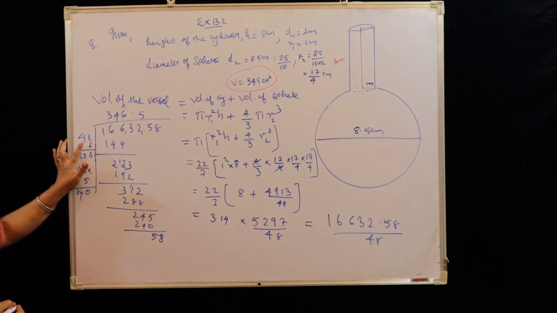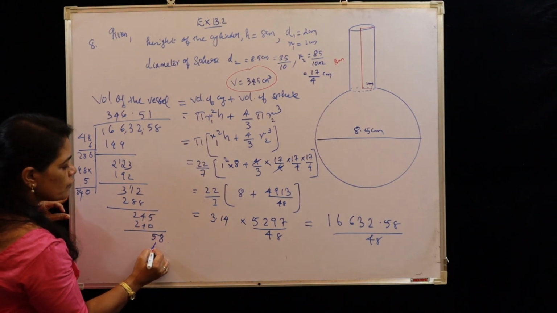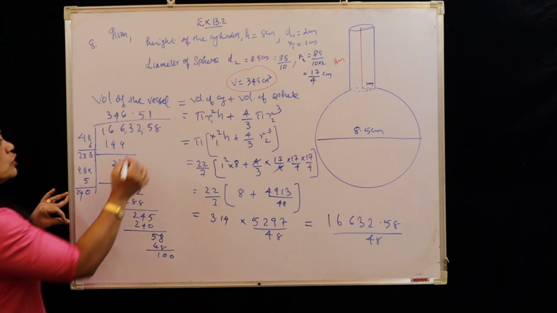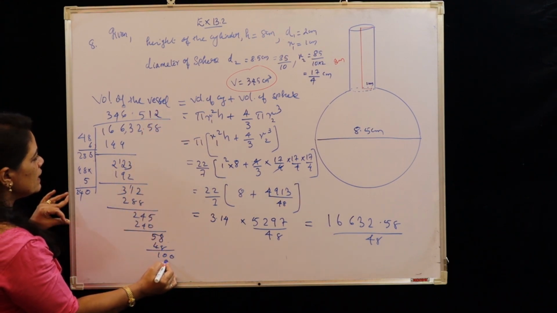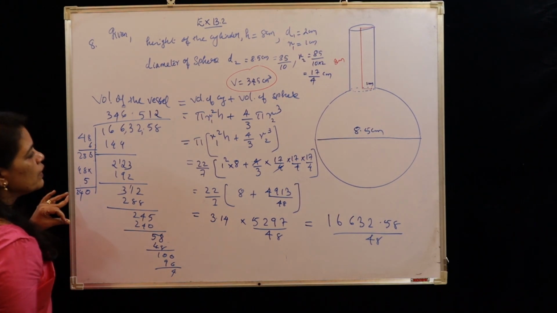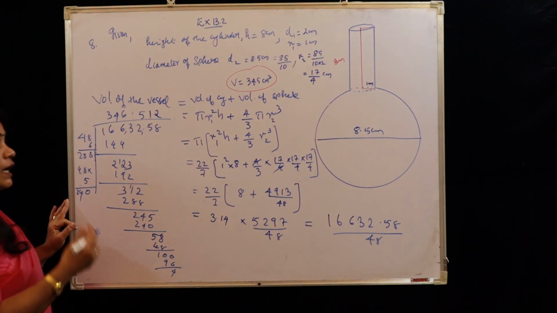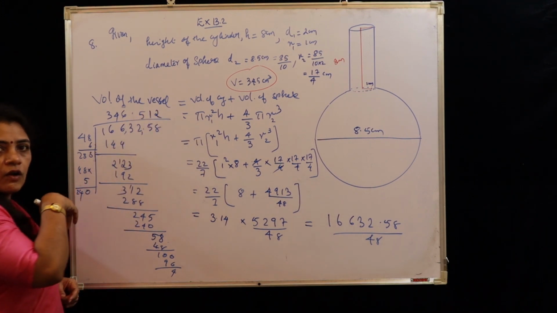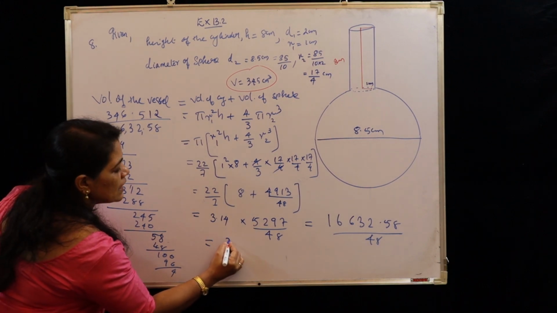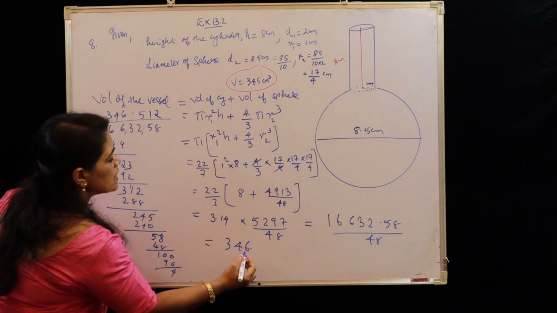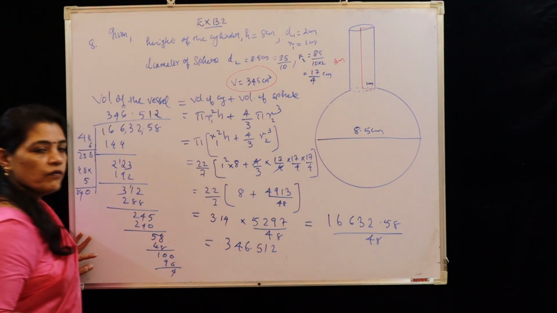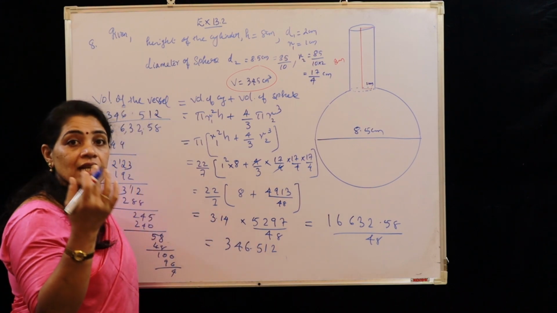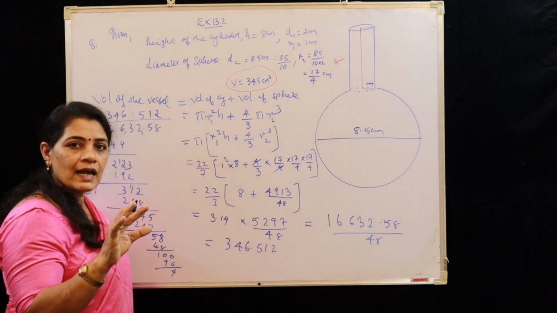Here 48, here 58. So 1 time, 48, here 10. So 1 more 0 we can add. So 100, 2 times, that is 96. Then 4. Like that. Here we have to round off up to 2 decimal places. We already have the third decimal place. That is, we get here 346.512. When we round off to 2 decimal places, you just consider the third place, and that is less than 5, so you can just cancel that one.